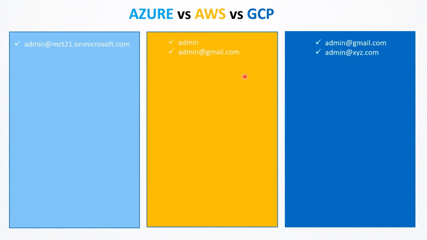When you create your account in the Azure portal, by default one domain is assigned to you. You don't create any new domain initially. For example, if I create my account with my Gmail ID, like mct21@gmail.com, then after creating an account in the Azure portal, a new tenant gets created that takes the prefix of my email ID, and in front of that it also attaches a Microsoft.com domain along with that.